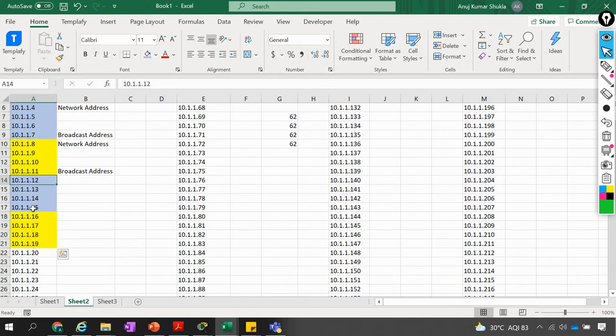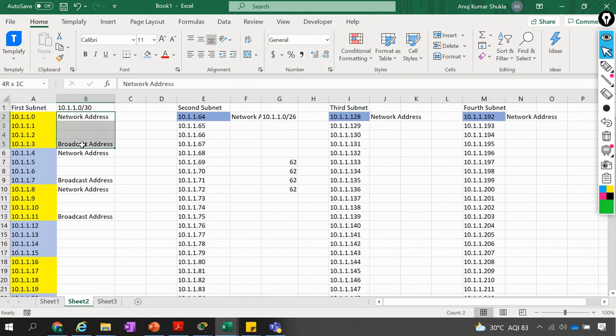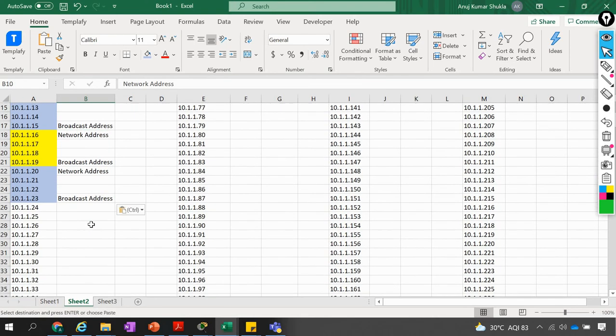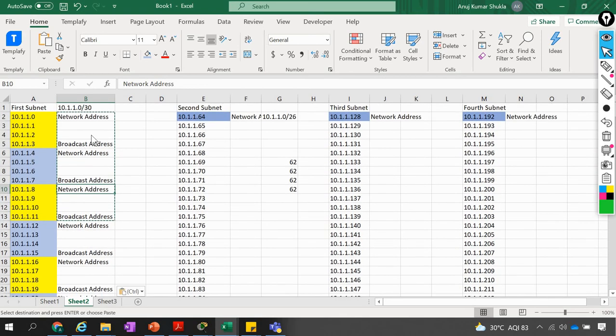Yes, it works. So you just keep on doing this, and the same thing is happening for the network and broadcast, and these IP addresses will be similar to that one. These will be the values: network and broadcast, network and broadcast, network and broadcast. They keep on changing. Even if I don't change the color, they will be on different networks.